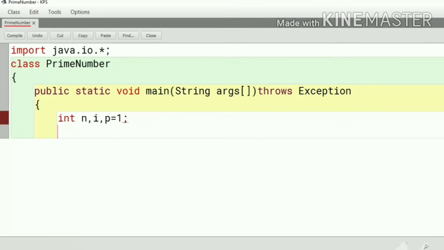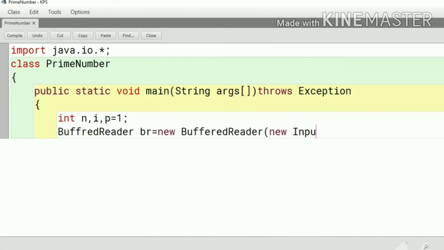Here input a number with the BufferedReader: br equal to new BufferedReader, new InputStreamReader, System.in.